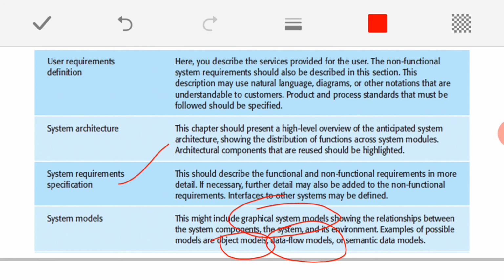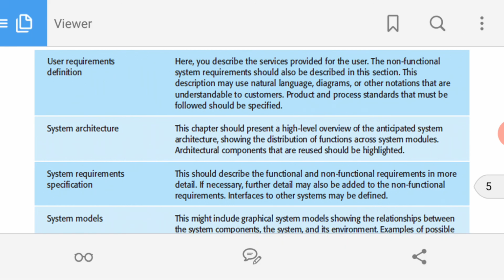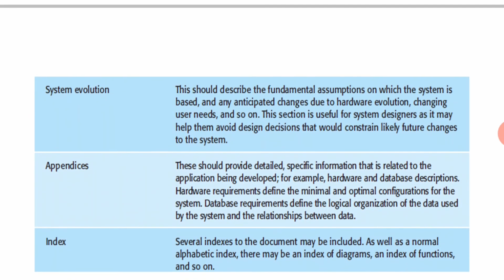Similarly here also, that is the usefulness of the system model. System models are always helpful for a better understanding of the requirements, and always remember one thing: a picture is worth more than 1000 words. Rather than simply explaining things in a paragraph or in some written language, if you show it with the help of some diagram or picturization, it will always be more effective. Clear?